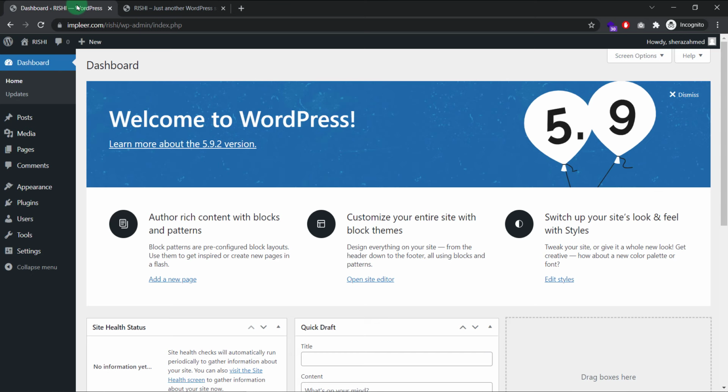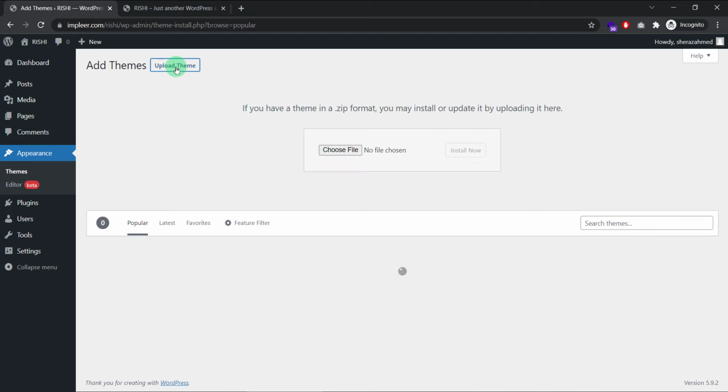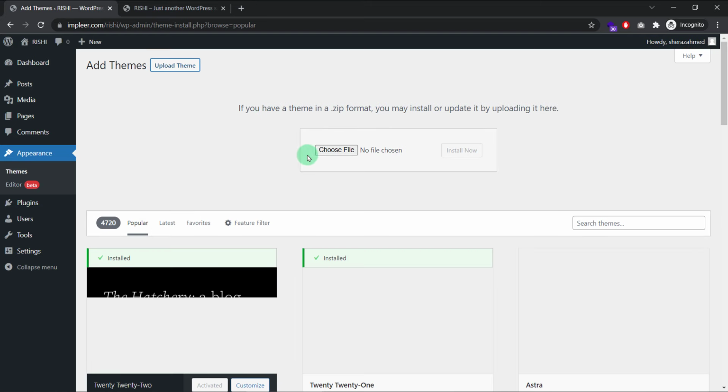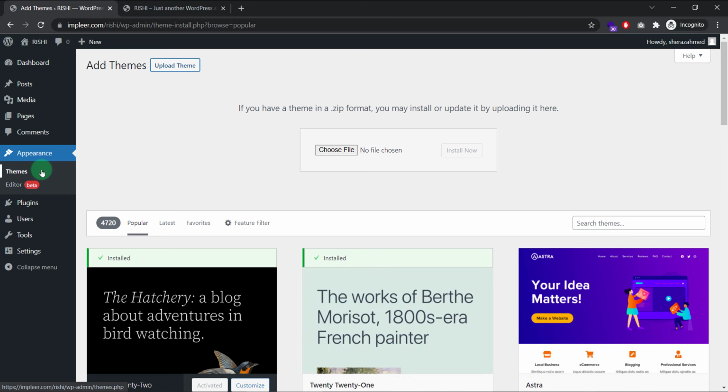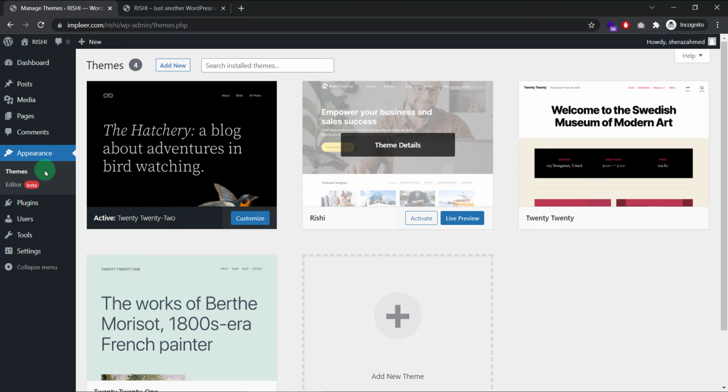So from here, to install my Rishi theme, I'll go to Themes in the Appearance menu, and here I can add new and upload the theme. Choose file wherever you have downloaded it in your system. I already installed it, so I'll just hit activate this theme. This is my Rishi theme. I'll click activate,